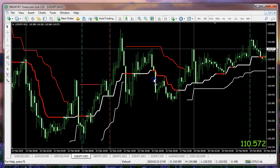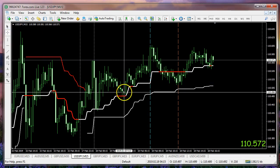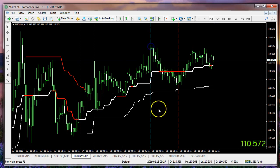Now notice also over here, as we come into the Sunday session, we had a bit of a rebound and a pullback in the 15-minute chart. And even though this is red, notice we did have a little bit of a rebound into the London session on Monday morning of this February President's Day in the U.S. with the bank holiday and so forth, and you can see here that we had an 11 pip move. So even on a holiday, you can scalp this,